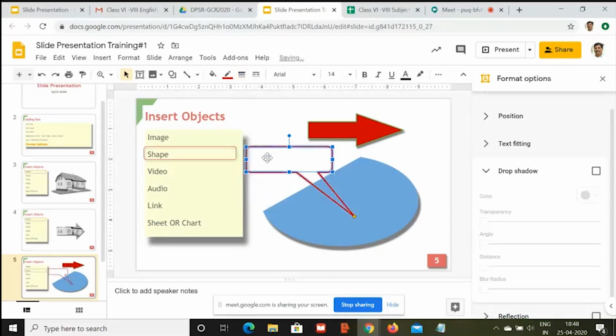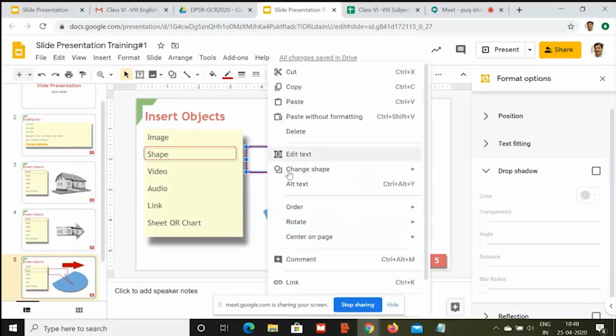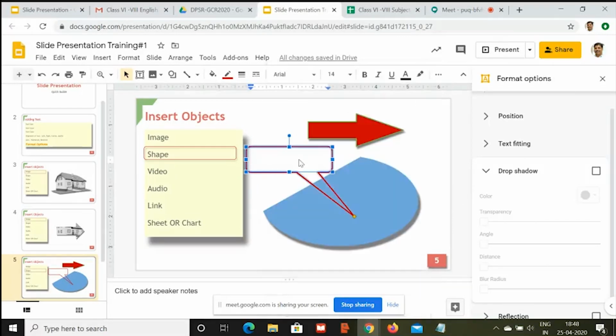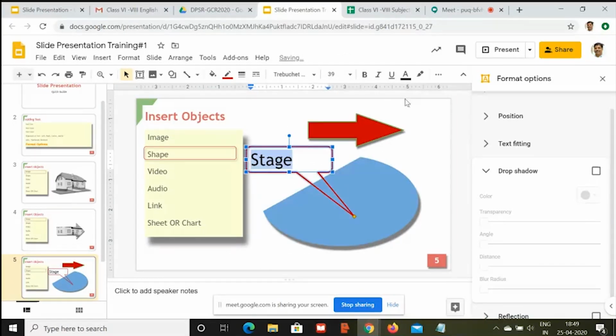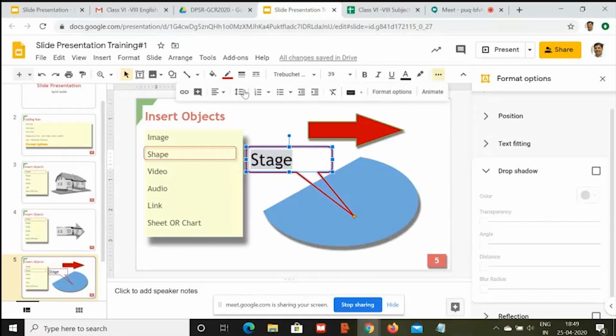And inside this, if I want something to be written, we'll be writing here, this is playground or stage. This is our stage, and we are pointing it out, changing the color to the default font, and making it centered.